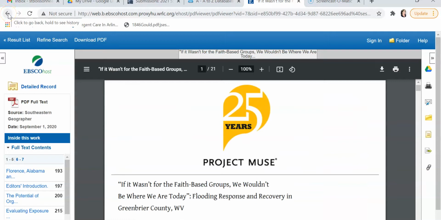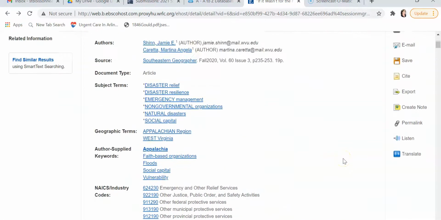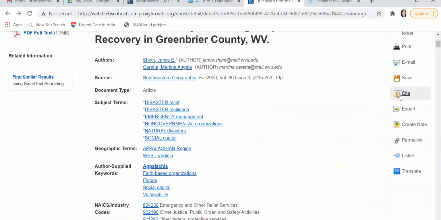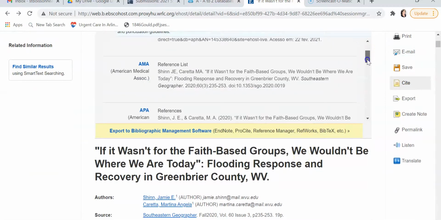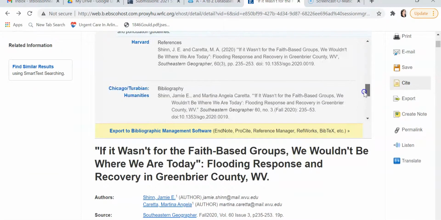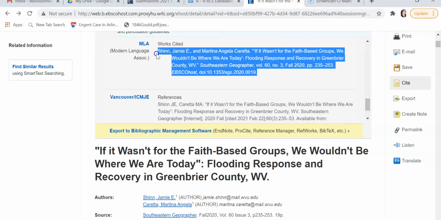I'll be interested to hear if you can tell me why. There is, in fact, a reason. There are lots of cool things going on here. I've shown you in class, I believe, that you can cite. You can click Cite and get the works cited entry by scrolling down to MLA here. But you do still want to